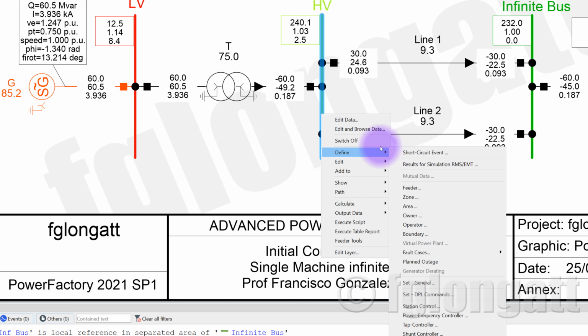Again, coming back to my explanation, you have here define, then I will go for define a short circuit. There are different things that you can do with this context menu. There are many things that you can do with that. However, we will select here the first option. And the first option is clearly to define a short circuit event, okay? What I will do now is click here,